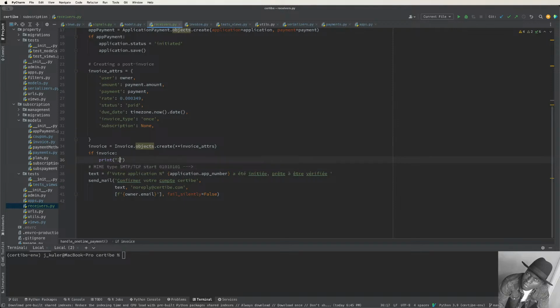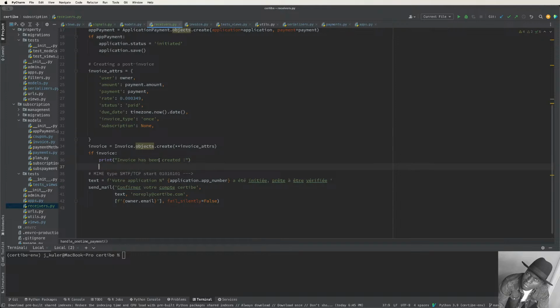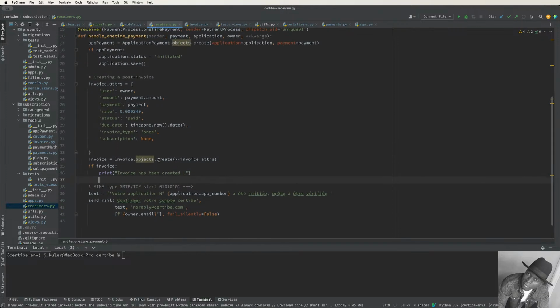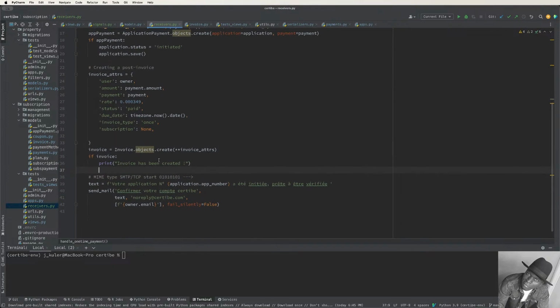Okay, invoice has been created. Boom. Just to make sure that we create our invoice. So we have to create an invoice and then send the email. We could even create an invoice and then